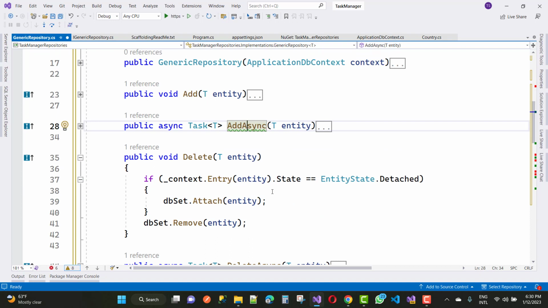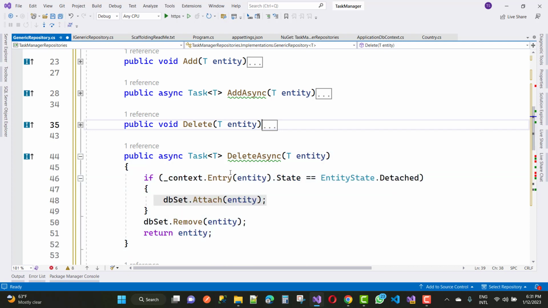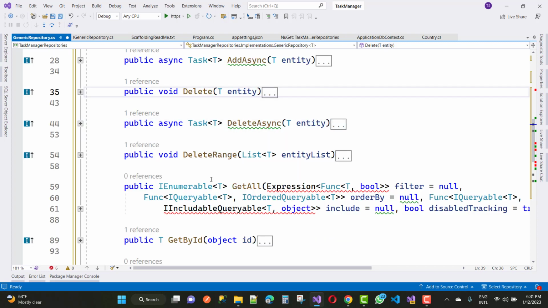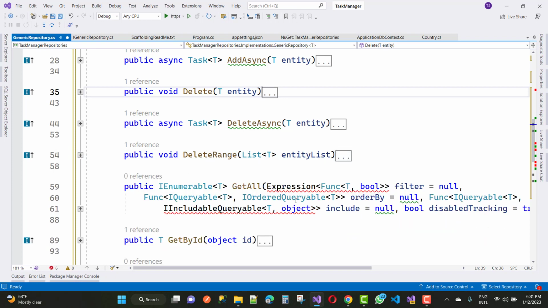So the context of the entity state, I want to change it. So context.Entry(entity).State = EntityState.Detached, dbSet.Attach(entity) and dbSet.Remove(entity). Okay, and the next one is DeleteAsync. So I want to enter context.Entry(entity).State, EntityState is an enumeration with Detached, and attach, after that dbSet and remove the entity. Okay, and the next one is GetAll, DeleteRange, like that, RemoveRange with the entity list, and expression that